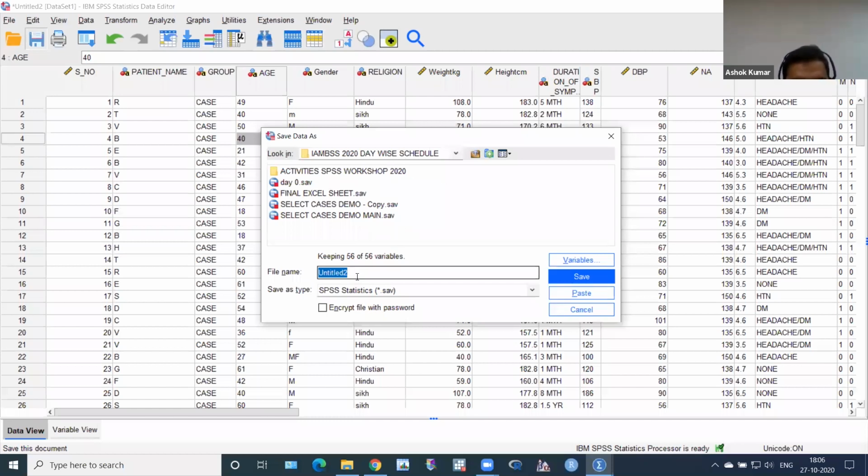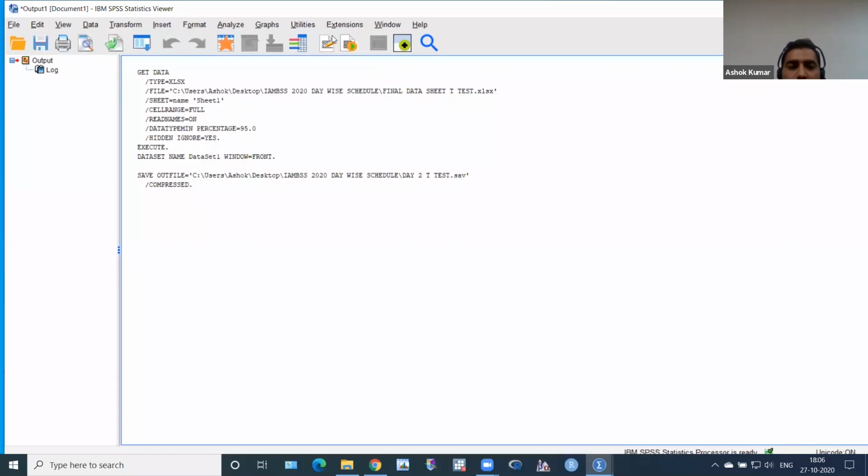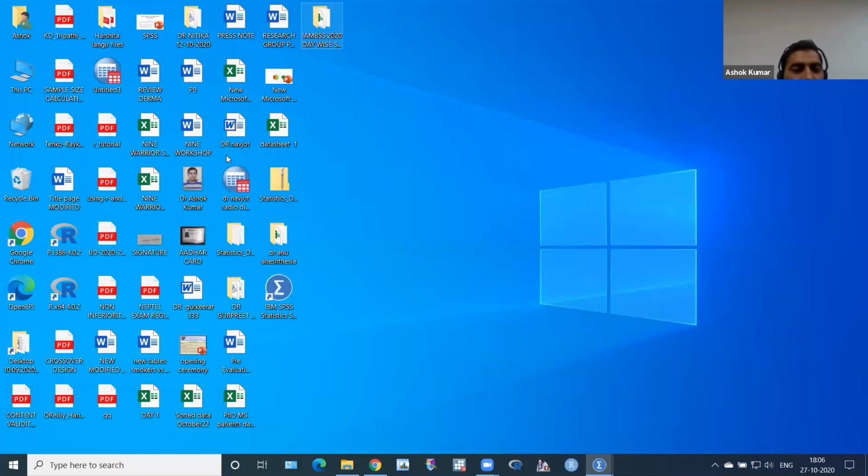I give the name day 2 t-test, then click save. So my file is automatically saved in the IMBSS folder. I can see it here: day 2 t-test. Very good.